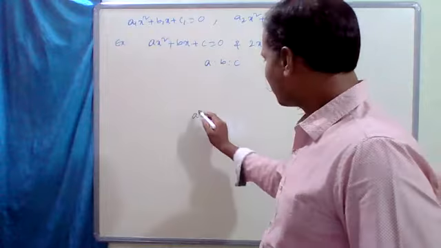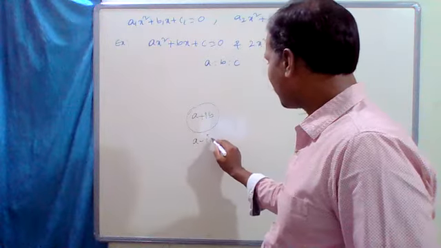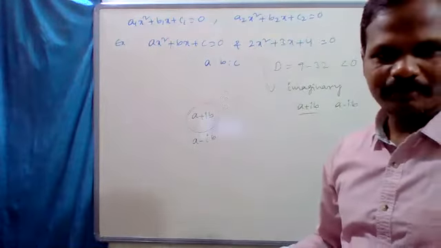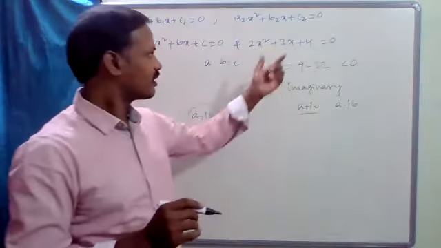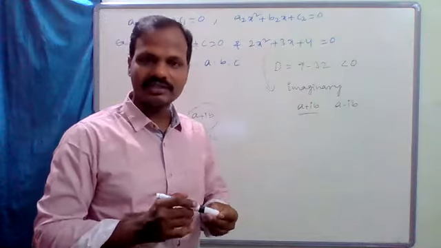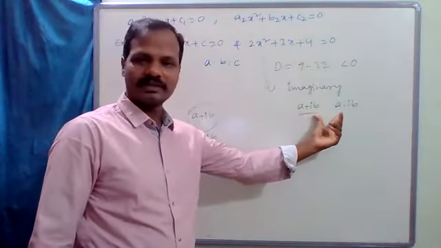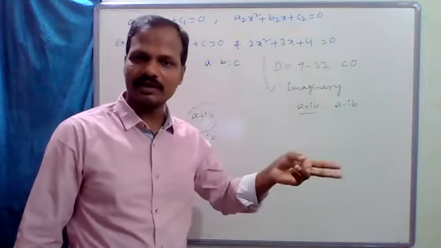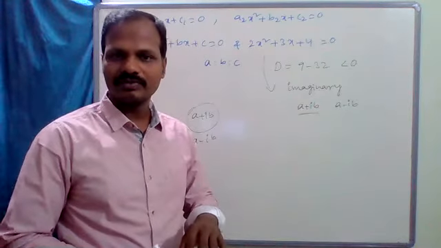Okay? So since a plus ib is a root of this equation, obviously what about the other root? A minus ib. So that means both roots are common. Clear? So whenever a question is given, think about the question, think about the equation. What is the nature of the roots? Since both roots are imaginary, if they have a common root, it means either both roots are common, otherwise no roots are common.